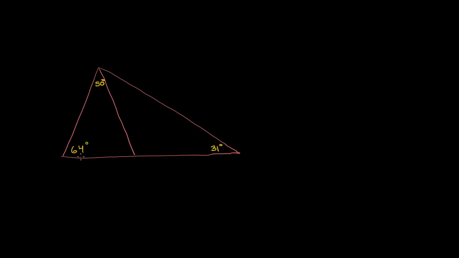We were given some of the angles inside of these triangles. Given the information over here, I want to figure out what the measure of this angle is right over there. I need to figure out what that question mark is. And so you might want to give a go at it, just knowing what you know about the sums of the measures of the angles inside of a triangle, and maybe a little bit of what you know about supplementary angles. So you might want to pause it and give it a try yourself,